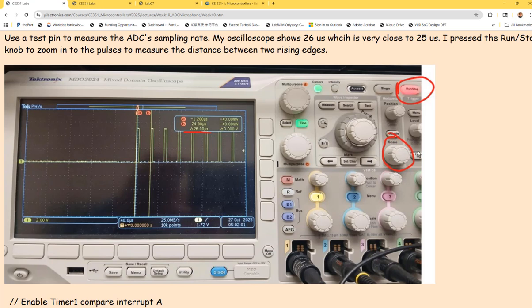For the triggering menu, you can trigger at the rising edge, you can define the duration, and eventually get a really reliable capture of it, and then you can measure it. However, I didn't do it. I didn't have time to explore how to do the triggering. So what I did is